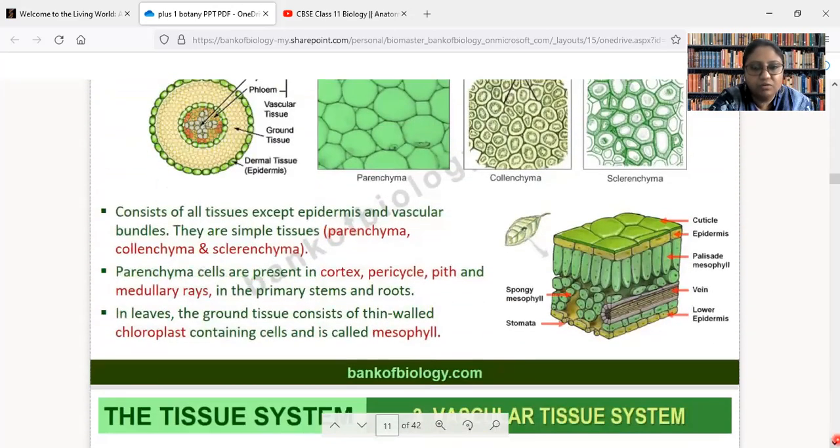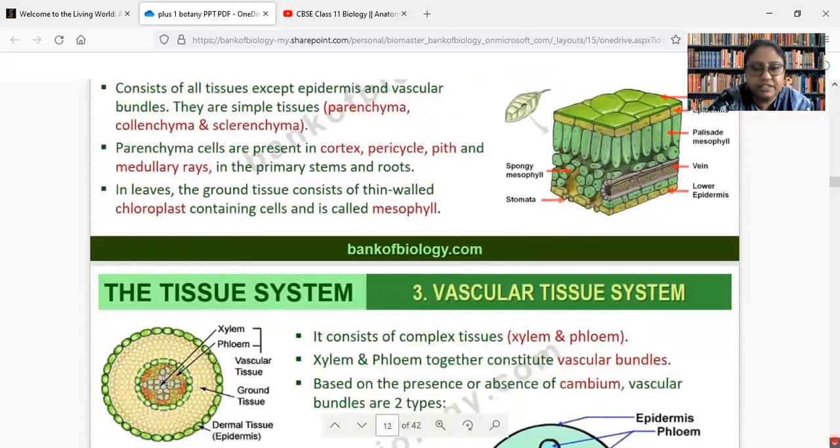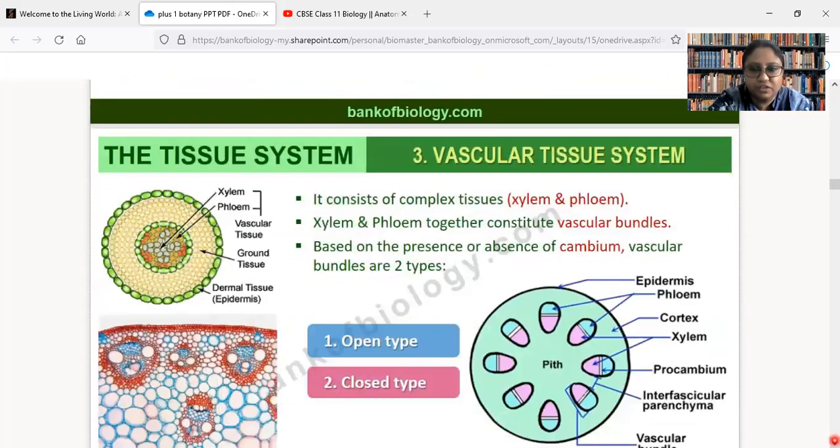Now, ground tissues are made up of parenchyma, collenchyma, sclerenchyma. In case of a leaf, because it is a flat structure, it will have upper epidermis and lower epidermis. The tissue present between the two epidermis is called mesophyll tissue. And last but not least, the most important one, vascular tissue, where xylem and phloem combine to form a bundle structure